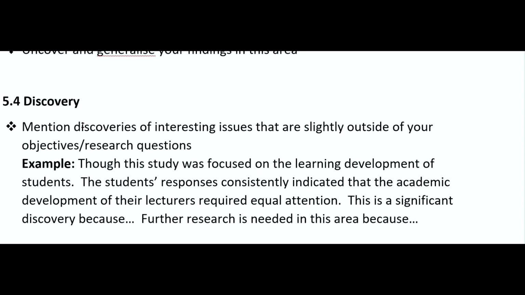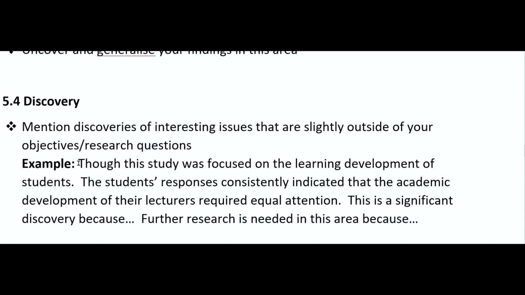because you don't want to put it in the main body, because in the main body, you are only concerning yourself with the main objectives and the main research questions. You're sticking to the topic. You're not veering. You're religiously sticking to what you've identified as your objectives and your research questions. But during the course of your data gathering, your interviews, your surveying, you come across some really useful piece of information, which is slightly related to your topic, but not totally, this is the place to put it.